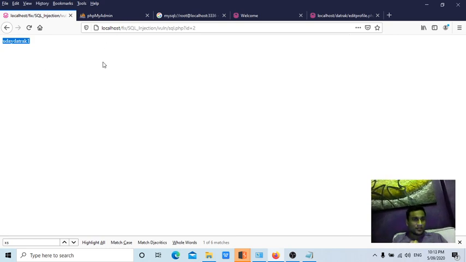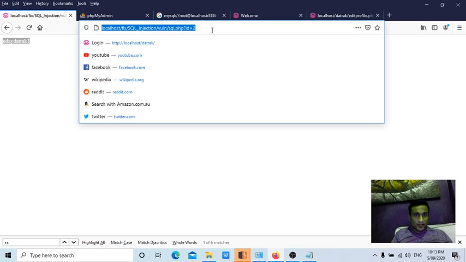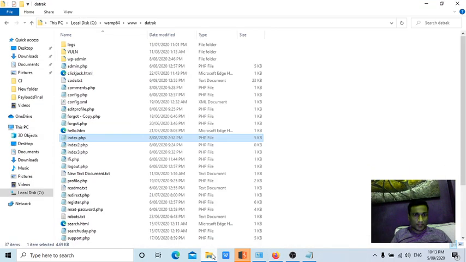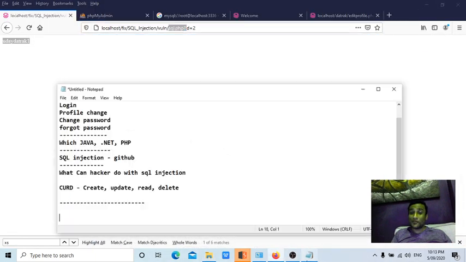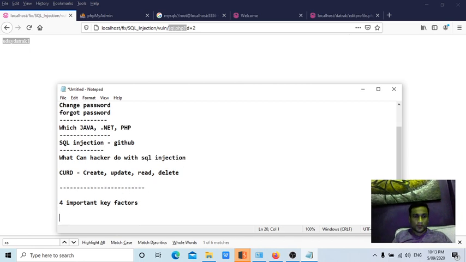Once you become more comfortable understanding SQL injection, yes, now I'll be showing you the code of this application, guys. Okay, now before going further, yes, there are four important key factors you need to know. First one is